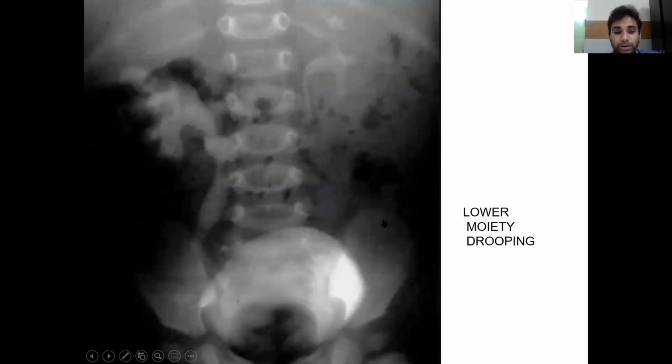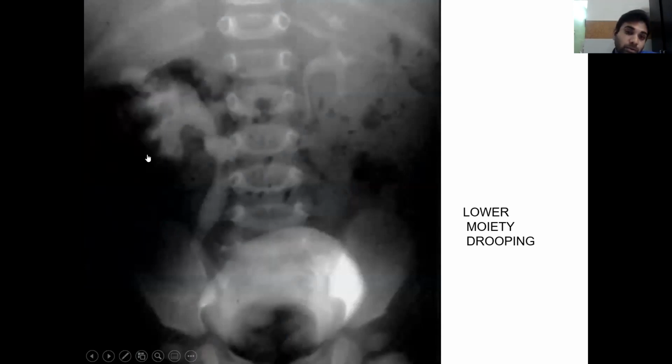Drooping lily sign of ureter. The drooping lily sign is a urographic sign seen in some patients with duplicated collecting system. It refers to the inferolateral displacement of the opacified lower pole moiety due to an obstructed and unopacified upper pole moiety. The similarity to a lily is further strengthened by the small number of calyces that the lower pole moiety has.